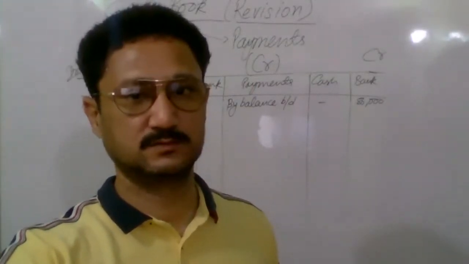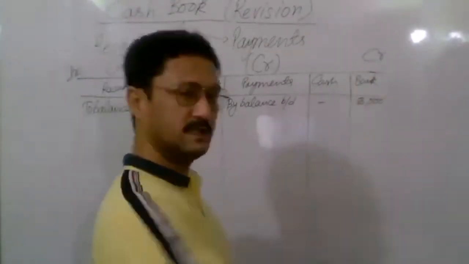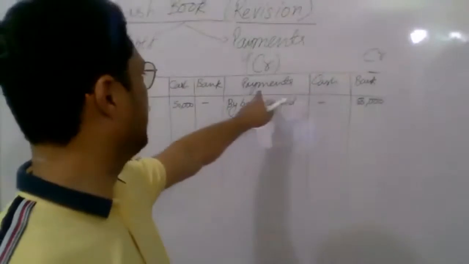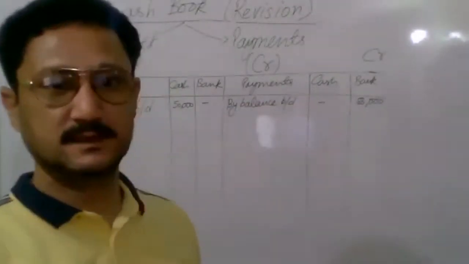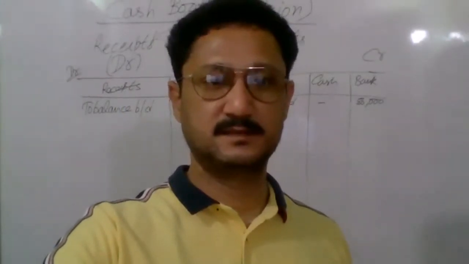Ankit Kujur, all the payments will be done on the credit side. Here it is written payment side. What can be some of the payments? Saiba, what can be some of the payments made by the firm, which will be written on this side? Can you give me some examples of the payments? Furniture. Furniture purchased.